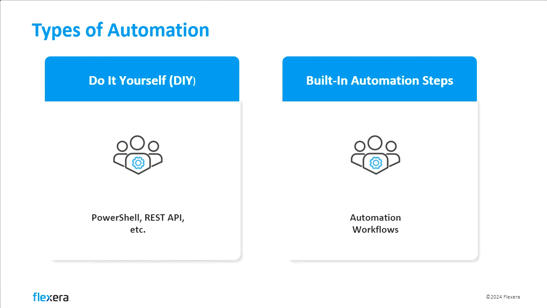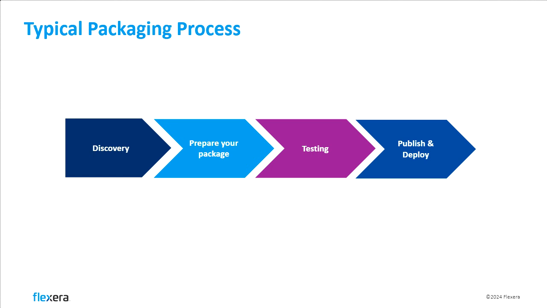So it's all about taking that process that NCAT had up here before, right? Discovery of the applications, preparing them, testing, deploying them, and finding where in that process we can shave off some time. We're still going through all the steps. We're not skipping anything, but are there certain steps within those overall phases